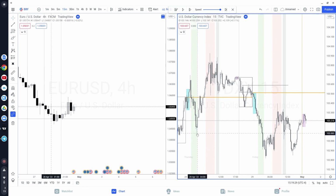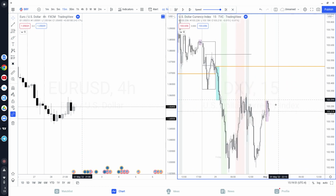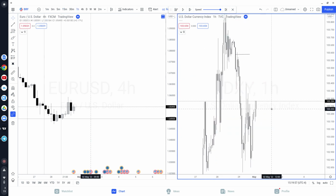We also have basically a higher time frame break of structure here. Everything above this level seems to be balanced, right? Buy, sell, we're balanced up right there. So everything up until this portion of price seems to be balanced. So I didn't necessarily see a reason for price to reach up here, at least not before giving some type of bearish reaction. So if we come to a 1 hour,